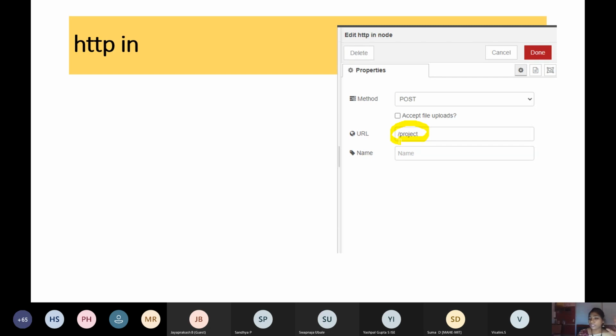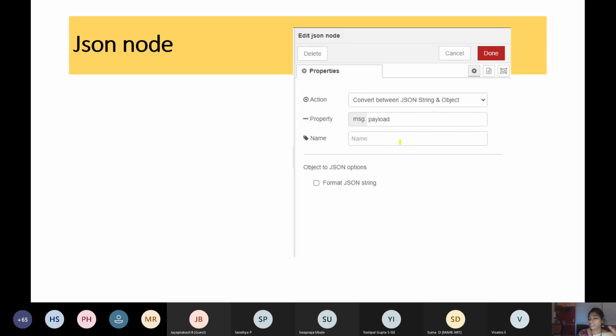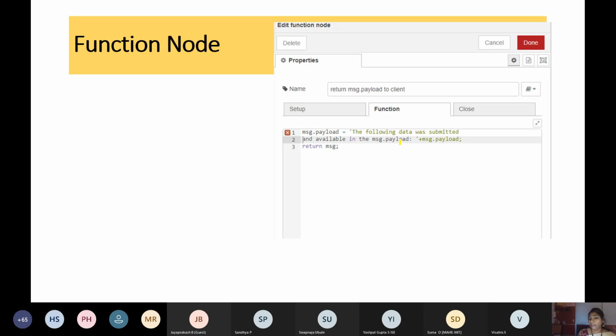So just use this project, and then the JSON node, we all know there is not much configuration required for the JSON node. You drag it and place it next to your JSON node. That's it.